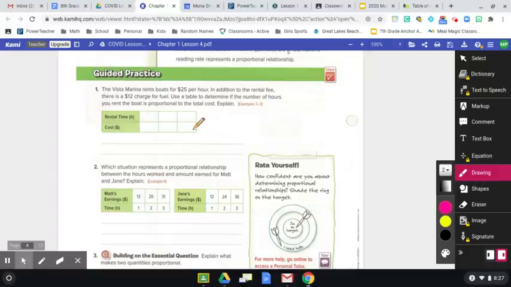Proportional is when you are looking at a constant rate, and we saw a few examples yesterday within tables of what a unit rate, constant rate pattern looks like to make it proportional. Then obviously the opposite of that would be non-proportional, and that is where we aren't seeing that pattern. We don't see the same unit rate going through a table. So we tried a couple of examples together, and we left off with some of the examples on page 33